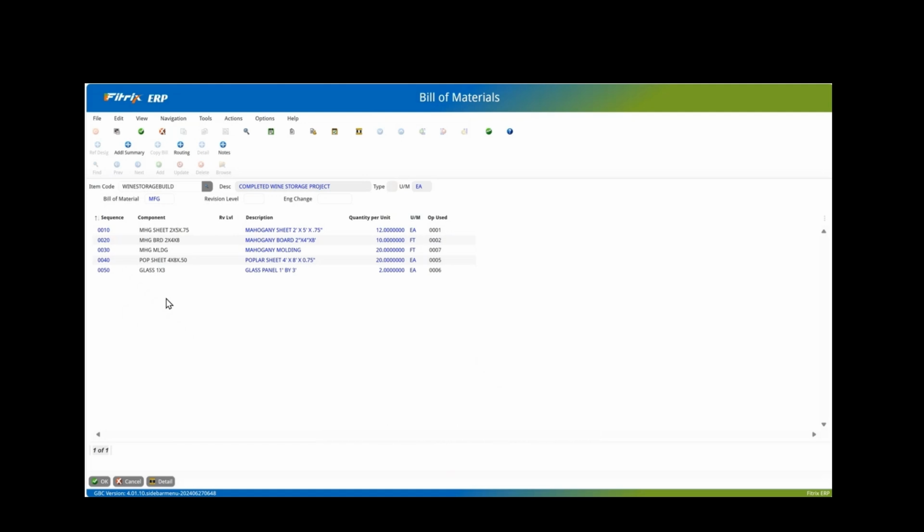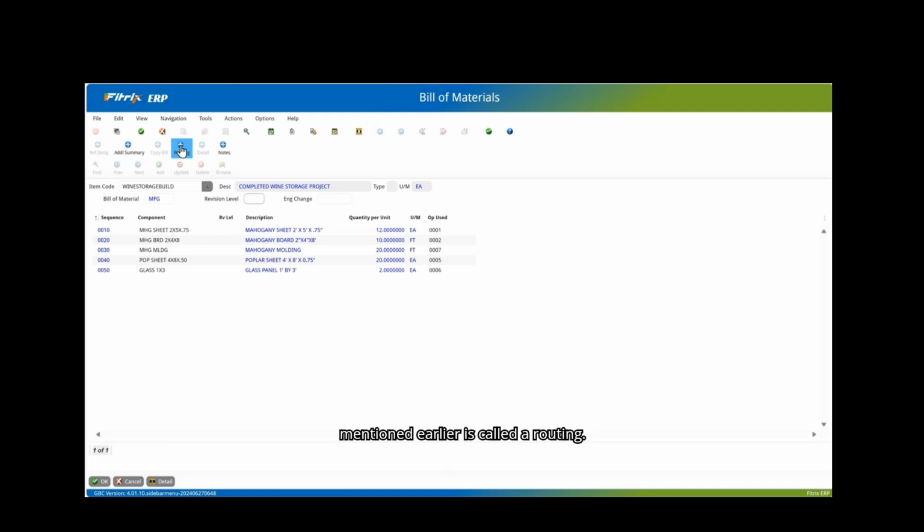might use some two by 5 sheets of mahogany, 3/4 inch thick. You might use some mahogany boards. You might use some mahogany molding. I picked some wood at random that you might use for the interior of the drawers that you're going to manufacture. I created an item code for the glass panels that I saw on a couple of the doors going into it. So this is the list of material, and then from there, I also set up what I mentioned